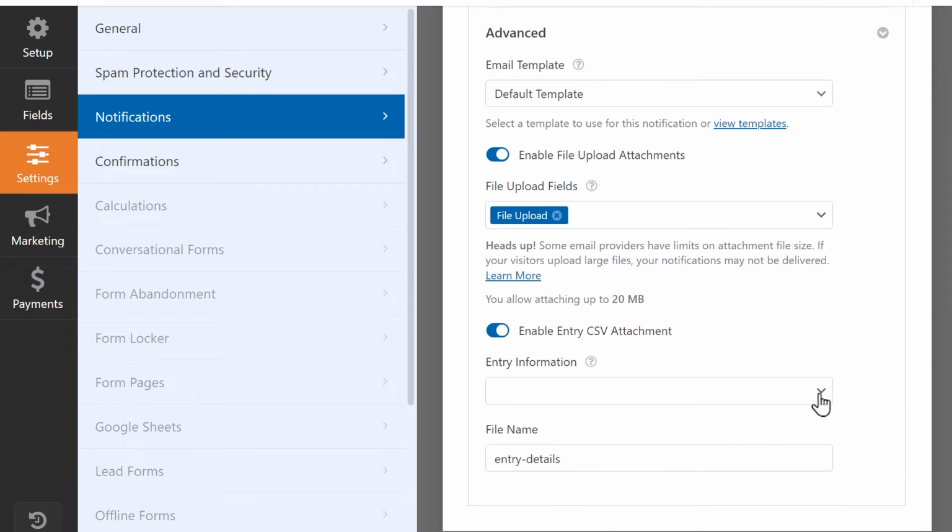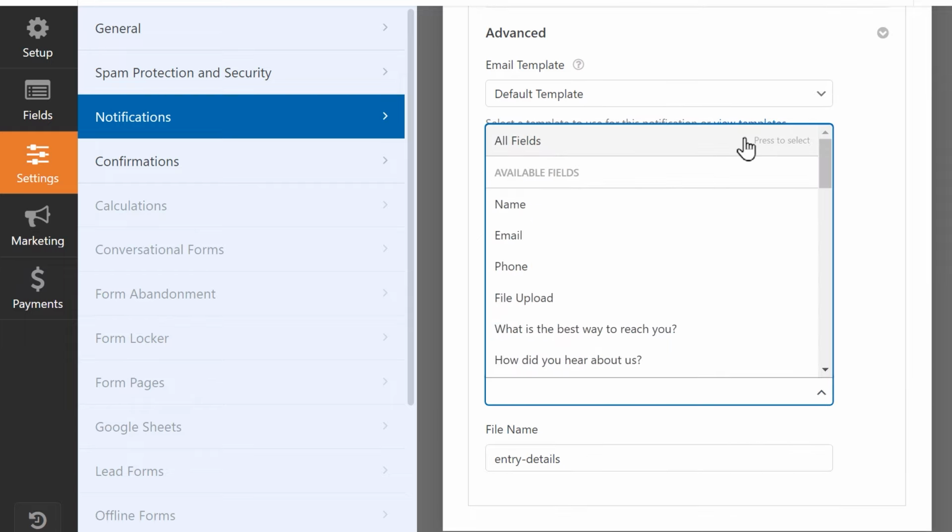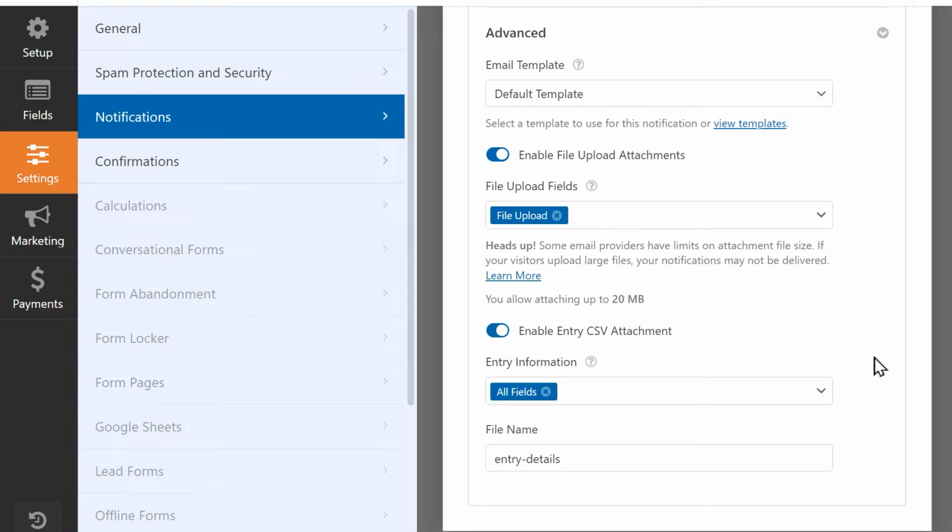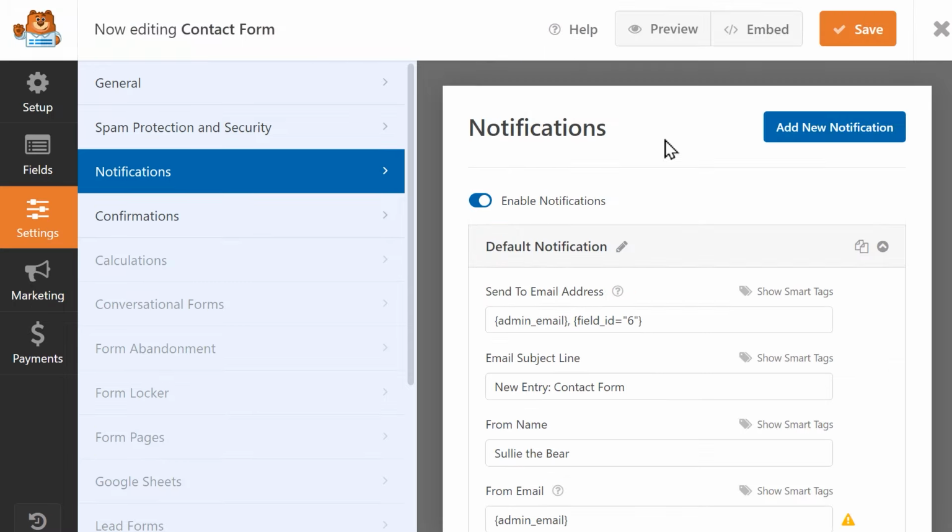The Enable Entry CSV Attachment setting will create and include a CSV file copy of the form entry as an attachment in the notification. When you've finished configuring your notification settings, be sure to click on the Save button at the top of the page. As previously mentioned, you can further customize the email template to include things like a header image and a custom background color, so let's go back to our WordPress dashboard